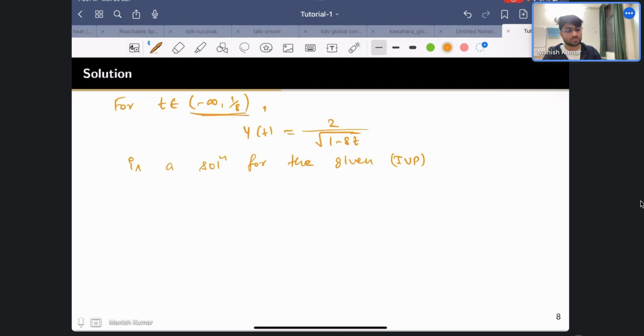But from Picard's theorem, this was t naught equal to 0. The Picard theorem told you that the solution exists in minus 1 by 27 to 1 by 27. But when you actually solved it, 1 by 8 will be somewhere here, let's say. So you got that in this whole interval the solution exists,